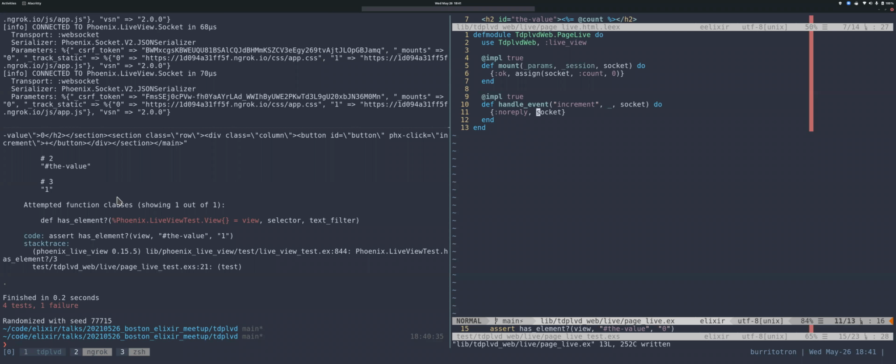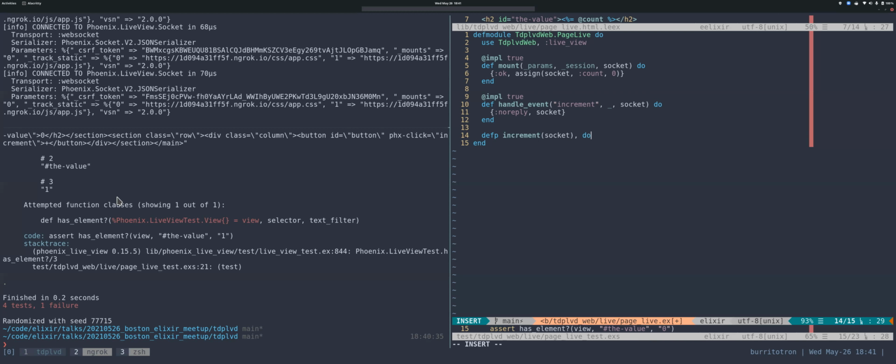So I am going to make a little helper method, and I'm going to call it increment maybe. And what that is going to do is take the socket